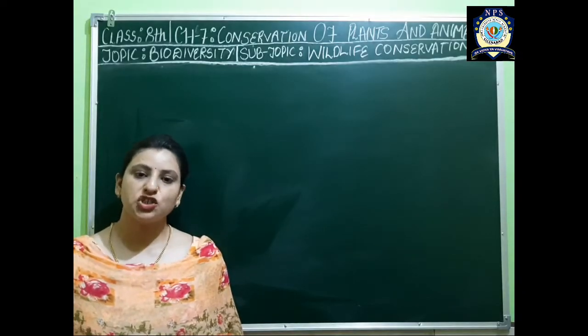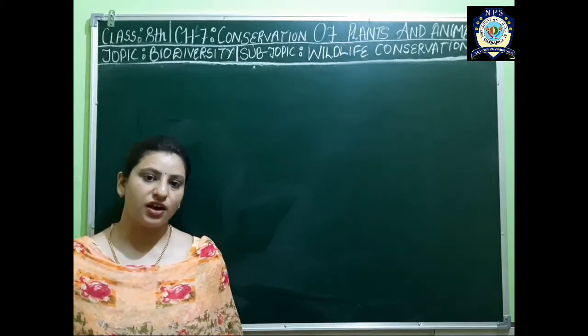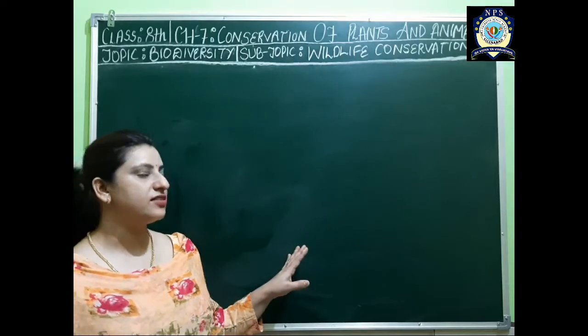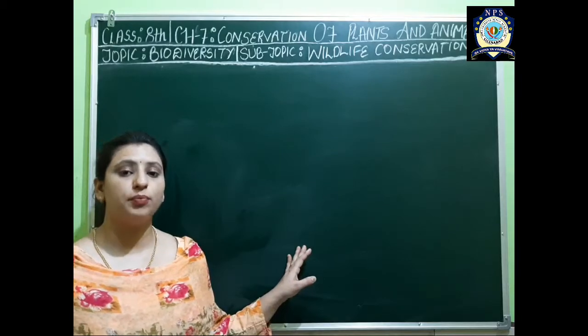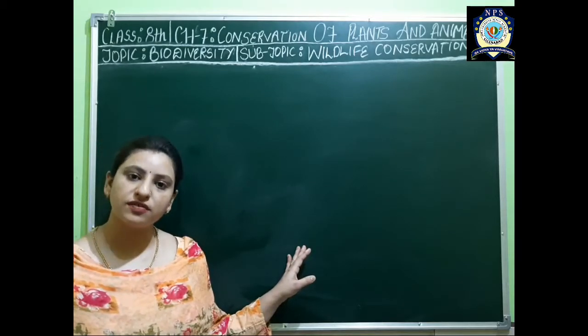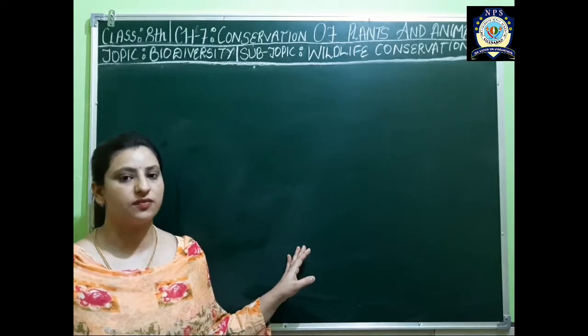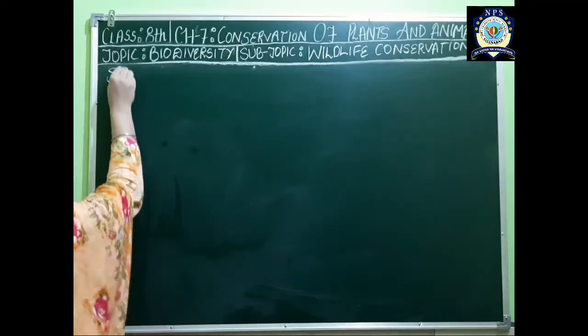Chapter 7, Conservation of Plants and Animals, is going on, and we are doing the topic of biodiversity. Today we are going to do the subtopic wildlife conservation, and in it we will discuss the important strategies, or you can say important steps, to conserve the wildlife. So the first step to conserve the wildlife